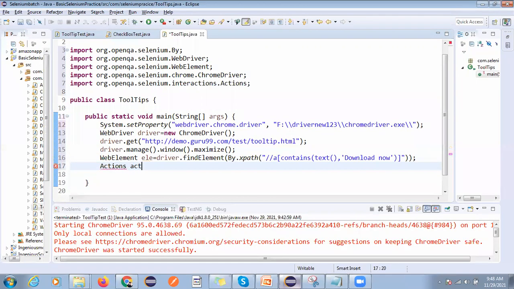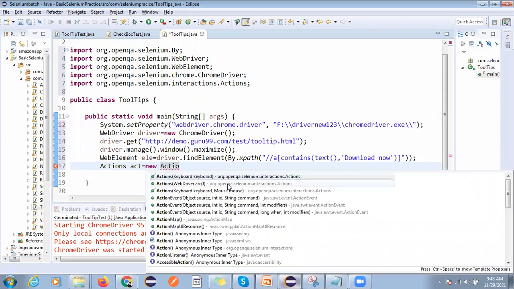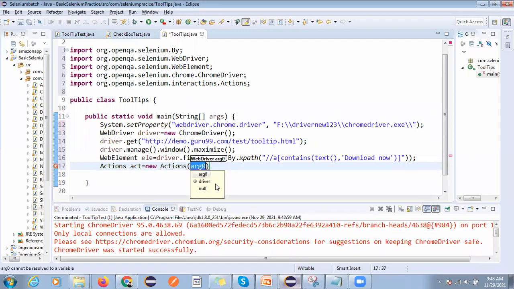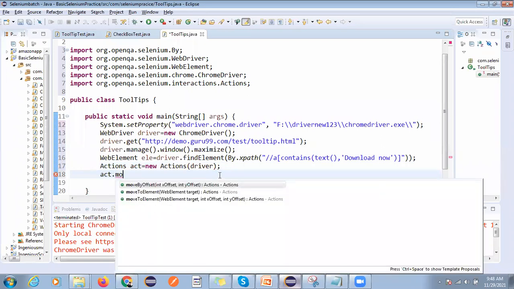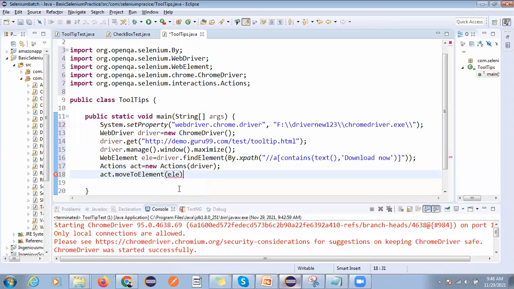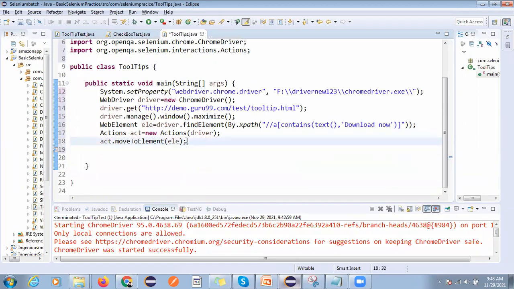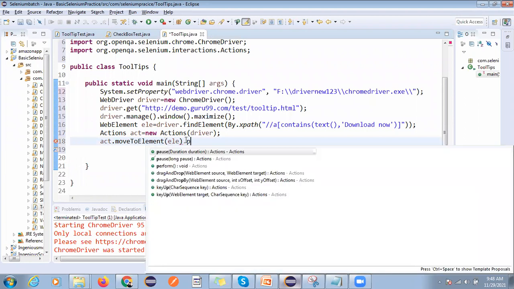Okay, so ACT equal to new Actions, because all the methods we have already, we are not using any new method here, right? So action class we will pass the driver, right? And ACT dot move to element, and here we will pass the target element ELE. And now after that, sorry, here you have to perform also, otherwise it will not work.